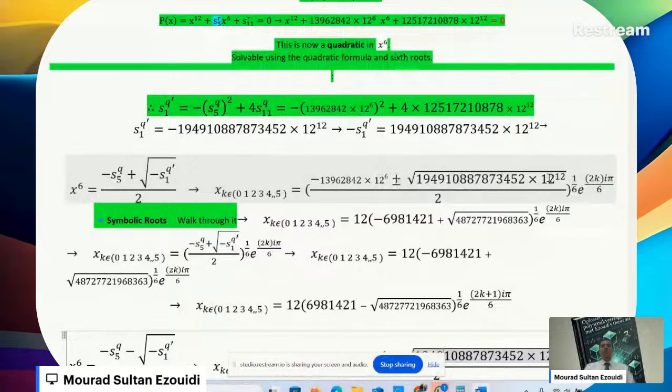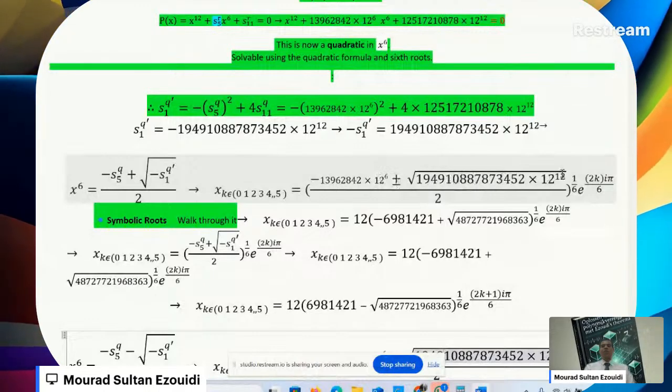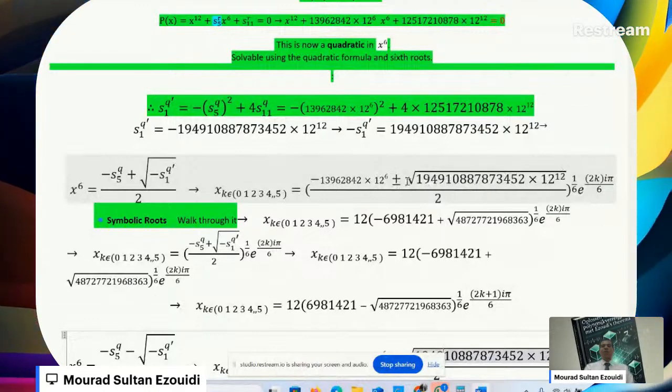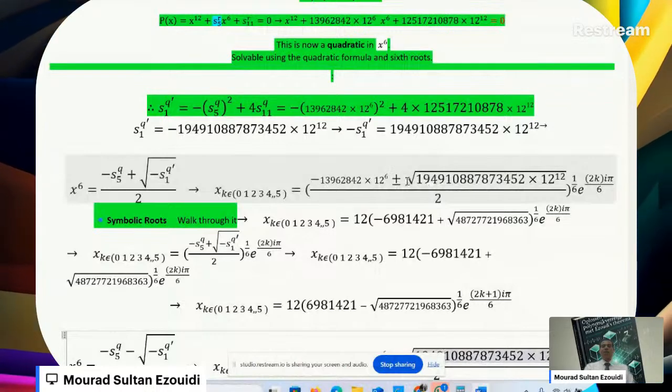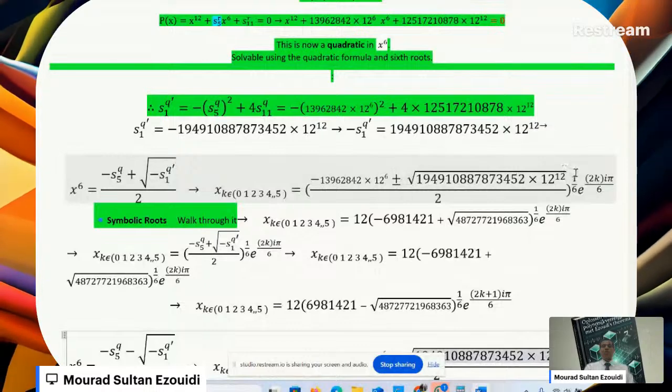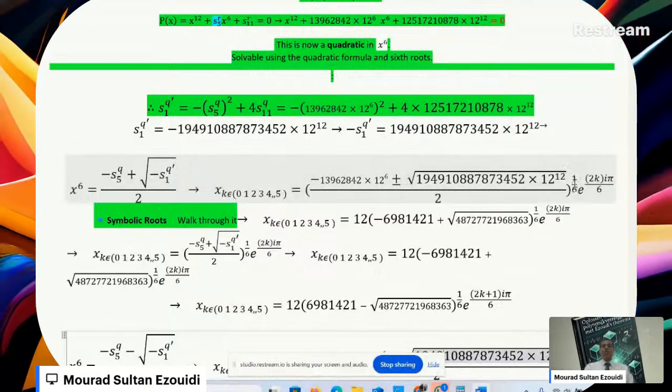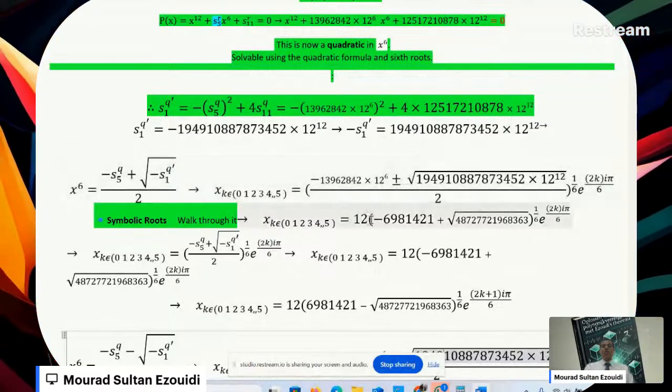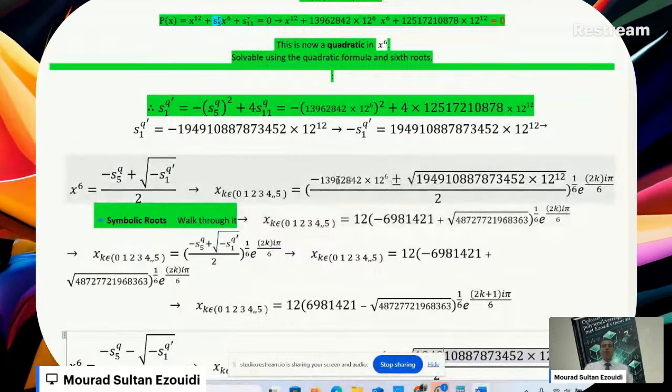You see 12 raised to the power 12 raised to the power half. I'm going to write 12 raised to the power 6 as a common factor, all raised to the power 1 over 6, it will be 12. That's why here we wrote 12. Then I divide this by 2. I will obtain